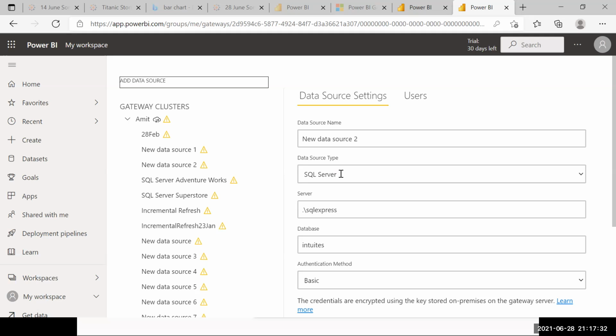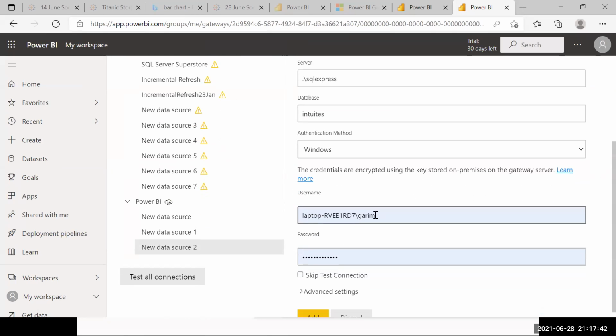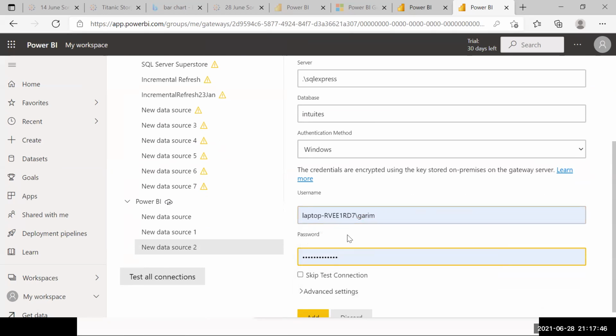Get back. Okay. In the meantime, you just put it over here, and in this, change it to Windows. Just change this to Windows, and you will have to put your server name and your username and the password, the Windows password over here. Windows password as in the Microsoft account passwords.